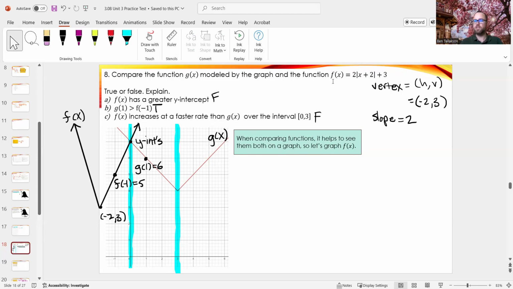What else is changing with f of x? Well, we have this 2 out front. Do you remember what 2 represents? Well, that's a, because it stretches or compresses. Since this is bigger than 1, it's going to be a vertical stretch. For the parent function,